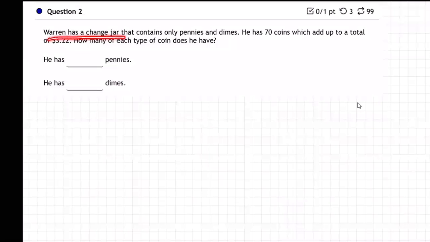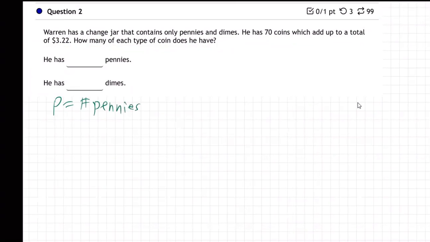So Warren has a change jar that contains only pennies and dimes. He has 70 coins, which add up to a total of 322. How many of each type of coin does he have? All right, you know what to do, I think. Let's dive in. We're going to have P